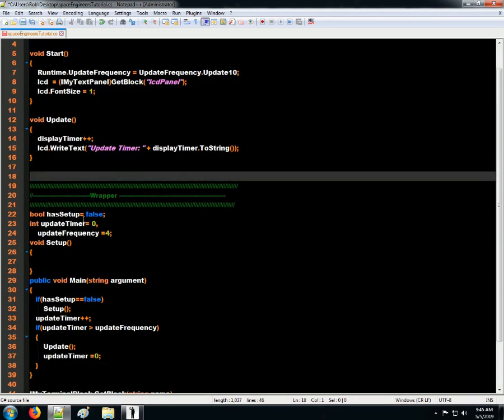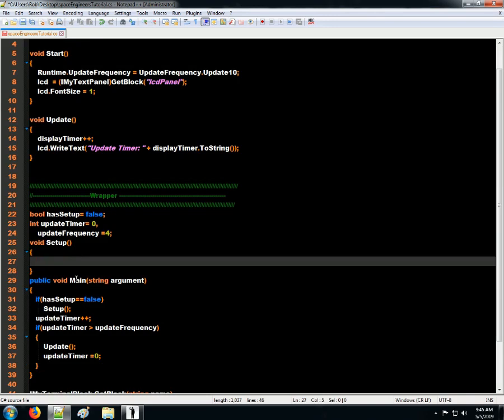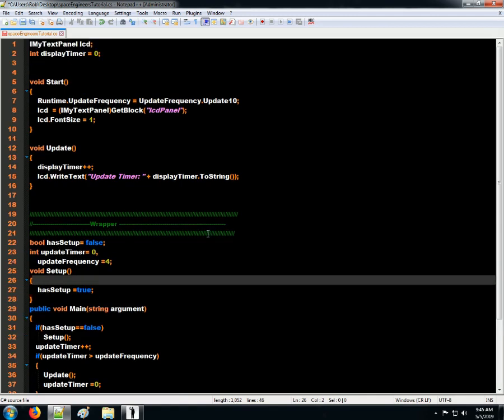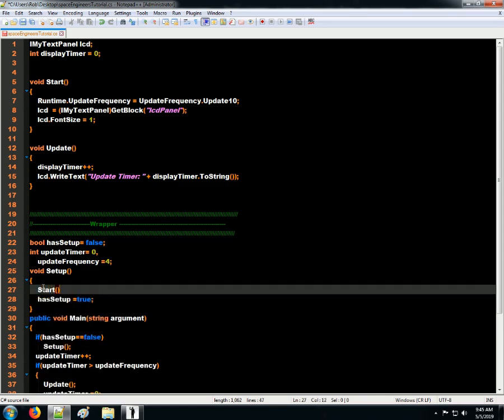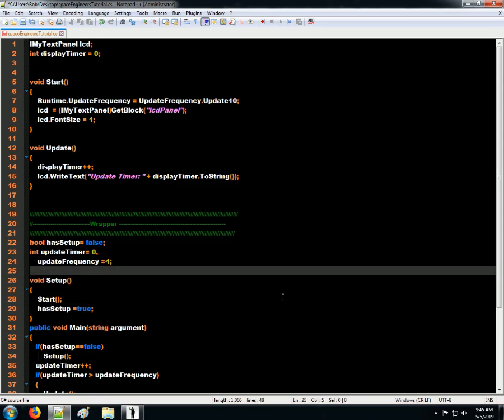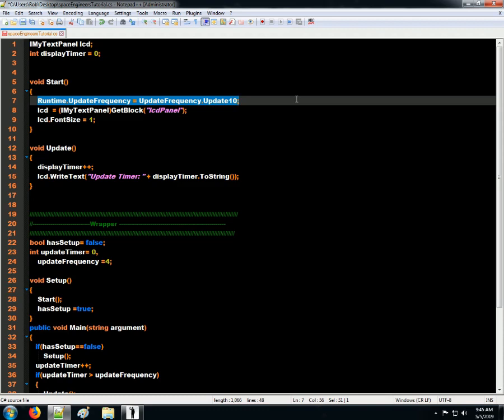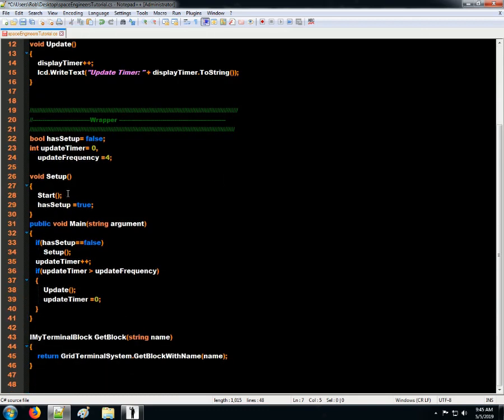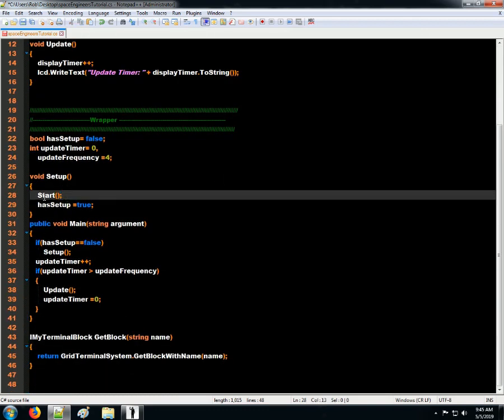So we're going to run this setup, and we're going to make has setup equal to true. Whoops, I don't know what that was. And in the setup, that's where we'll run start. So now that that's finished, we will put our update frequency, because that's part of our wrapper. We'll set that in here,